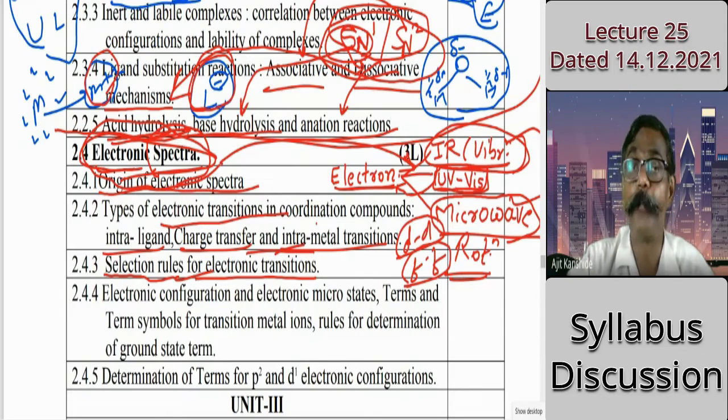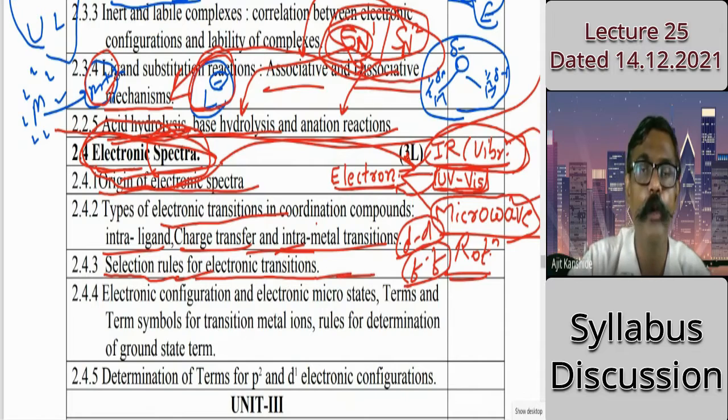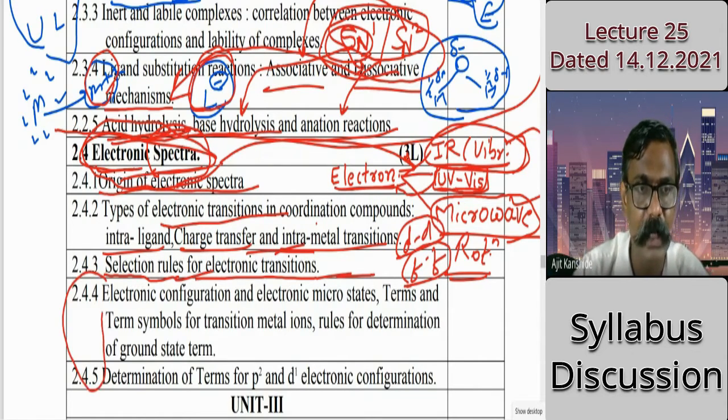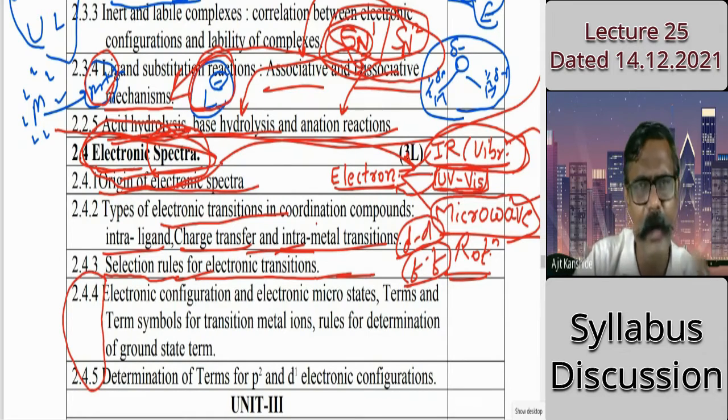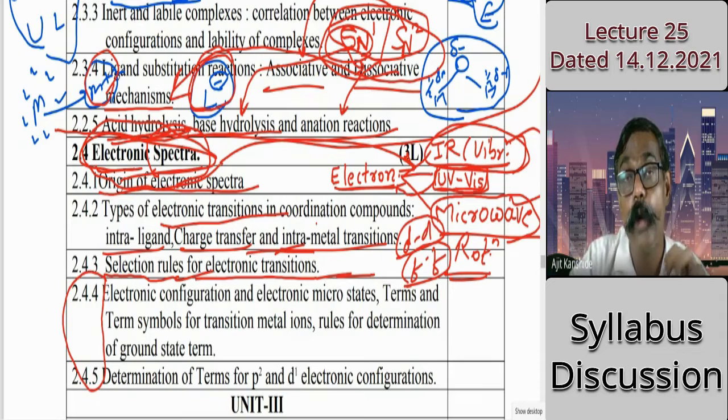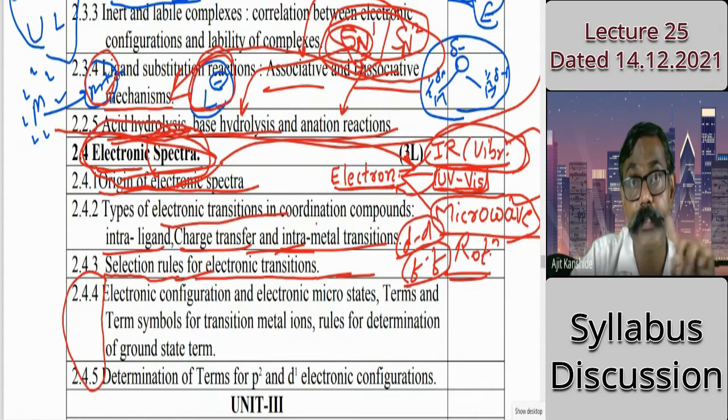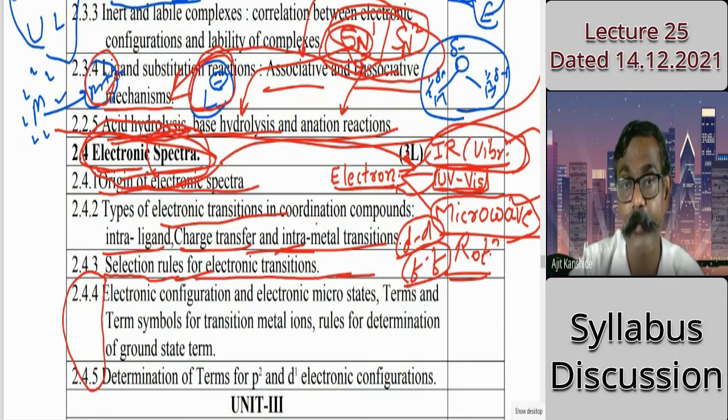Then the important part. Up to here anybody can study, where you get the study material, you will understand. But in sections 2.4 and 2.5, a teacher's perspective is certainly needed. We'll read, partly understand, but the concept will not be clear. In true sense, what is meant by electronic configuration? What are the electronic states? Only electronic configuration is not states. That is expressed by means of different states, and very fine states are microstates.